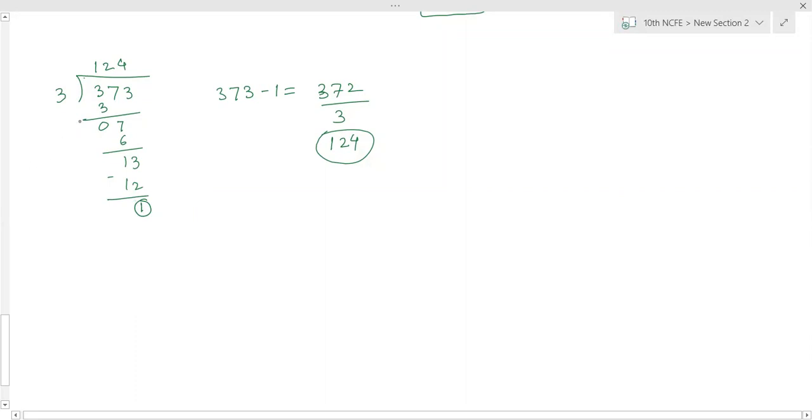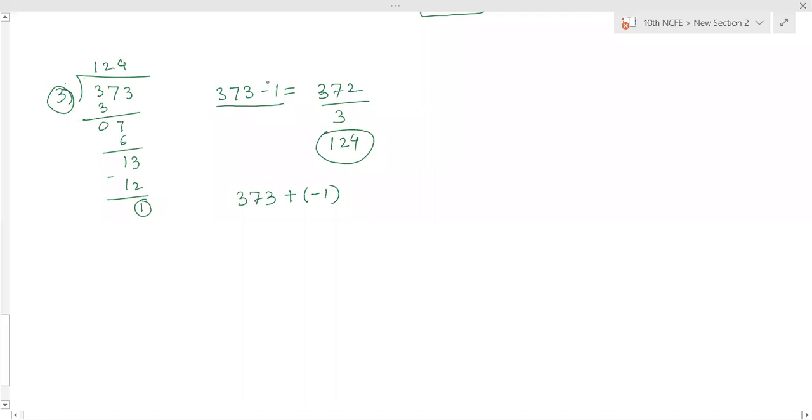But if this number is not known to me, at that time what can you do? Suppose one simple trick is there. It is not needed that a whole number should be added. It can be any integer you can add. So 3 minus 1 is there. So can I write like this?